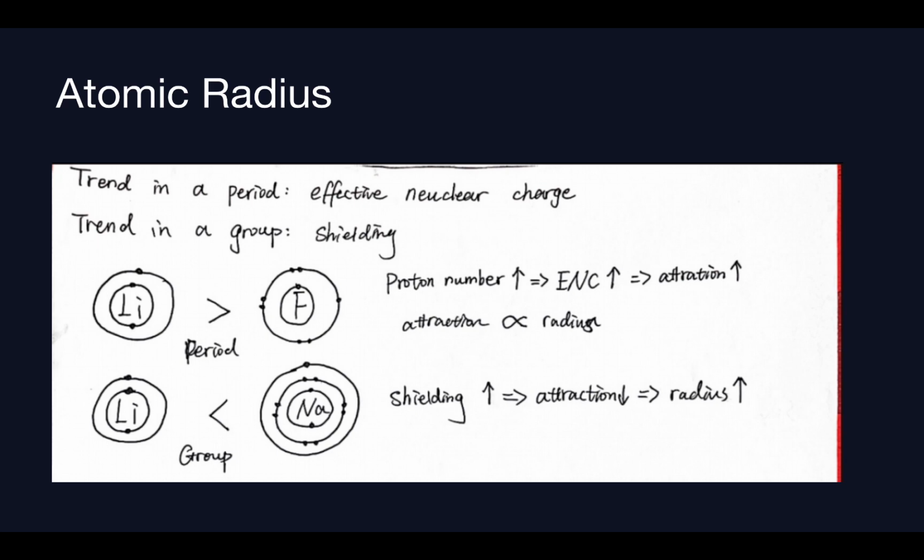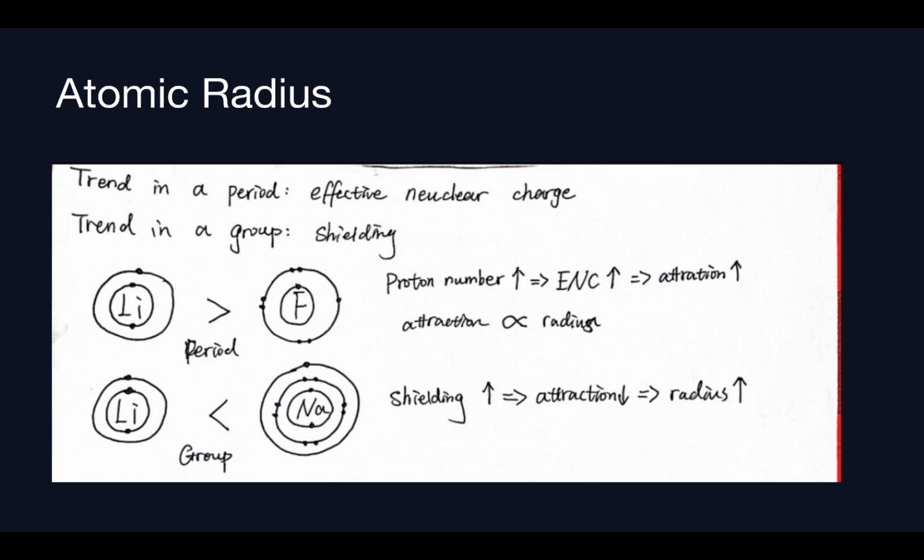Well, when it comes to a group, let's take lithium and sodium as an example. As we can see, there are 2 electron shells around lithium, while there are 3 around sodium, which basically means that sodium has higher shielding,